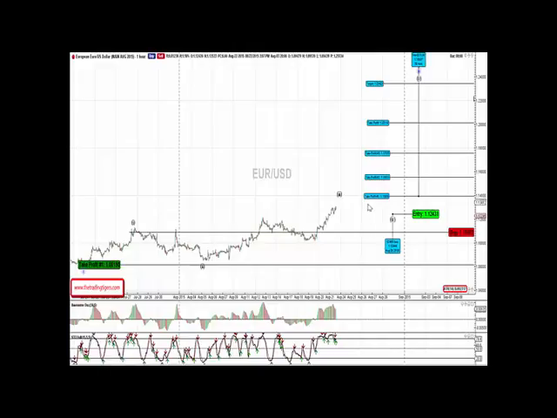So let me read out the first target point. First target point is 1.13939. Second target is 1.15531. Third target point is 1.17555. Fourth target point is 1.20111, and the last target point is 1.2342. But I must stress to actually put in a trailing stop for this, and the trailing stop would be